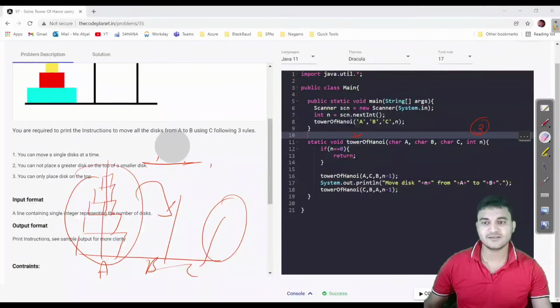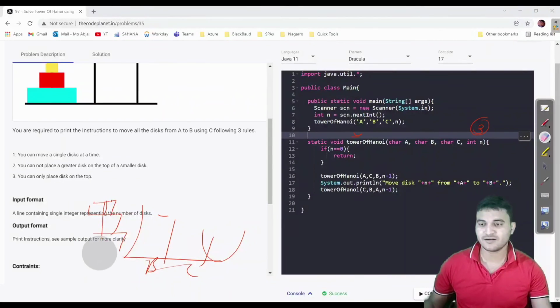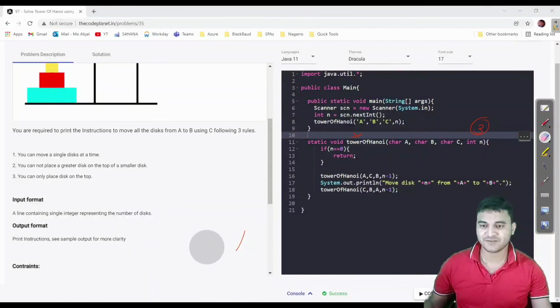You can dry run this code yourself also, because if I dry run this code again, it will make a video of 2 hours. So that is why I'm skipping it, but I am leaving it to you. You should have at least one dry run of your problem for n equal to 2, 3 or 4. That is how you are going to understand the problems of recursion.